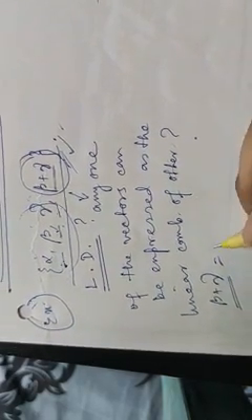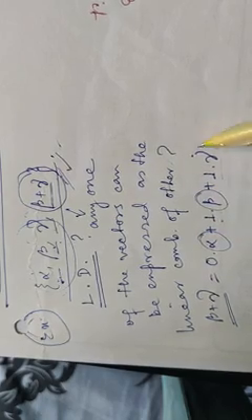So beta plus gamma equals 0 into alpha plus 1 into beta plus 1 into gamma, right? This becomes beta plus gamma. And these are the other three vectors: alpha, beta, gamma. So beta plus gamma can be expressed as a linear combination of the other three vectors of this set. So by applying the previous theorem, we can say this set is linearly dependent.